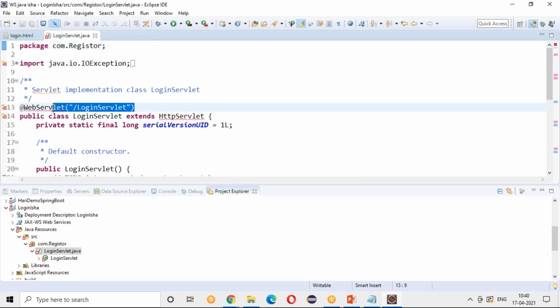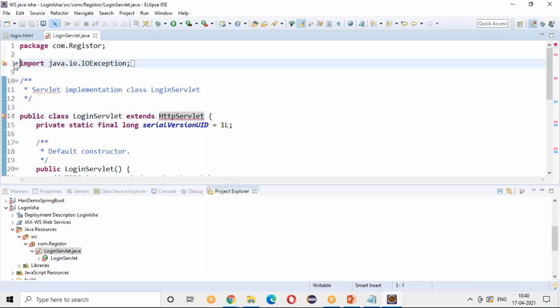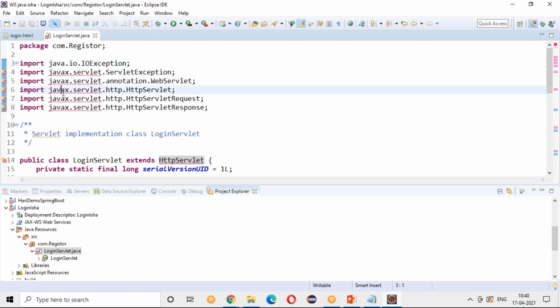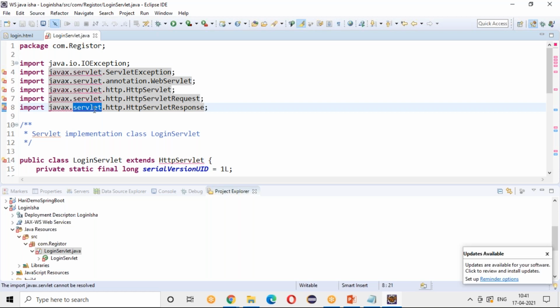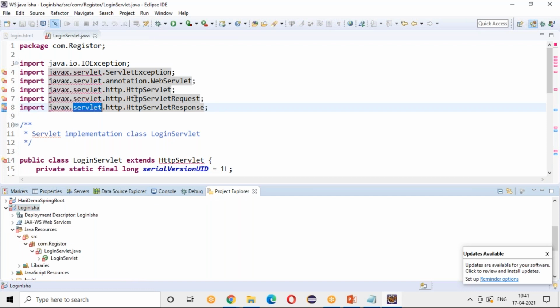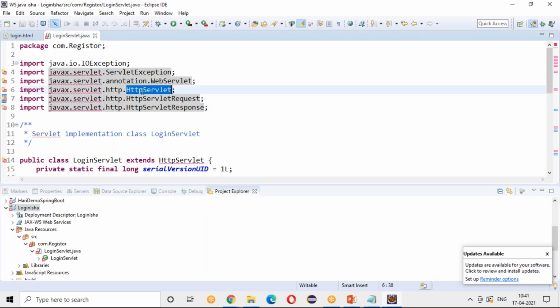So you see there were a lot of errors. Why is this? Because it cannot identify this part itself. You see this HttpServlet, and when I am trying to import, you see this is javax.servlet.http.HttpServlet. So where is it coming from? When you add anything, you need to have a jar, right? Some predefined thing, you should have a jar. So all these are coming from your Tomcat. So you need to configure the Tomcat servlet here.